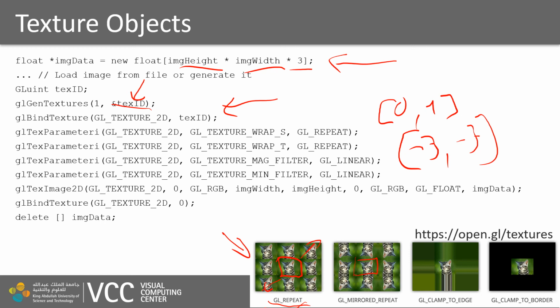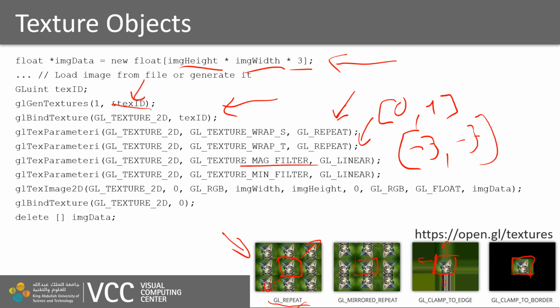We can have other forms of what to do with the texture, how to wrap it, with the clamp to edge, which we can see. Here is the image, and then the last column or row is then propagated further. Or we can have clamp to border, where we will have just the image and then background color used for the border color, which will be then repeated. So we are defining it here for both the S and T, for both the U and V parameters of the texture,